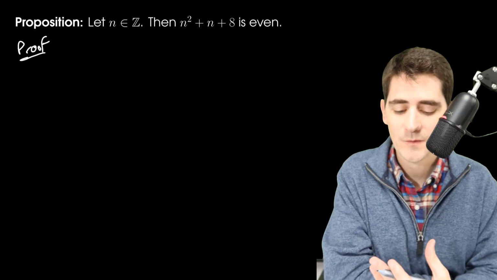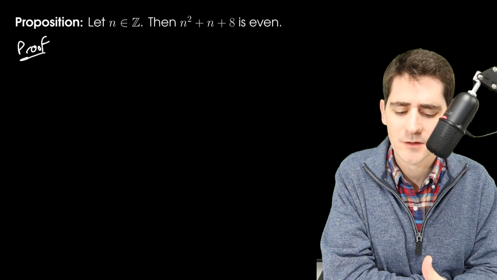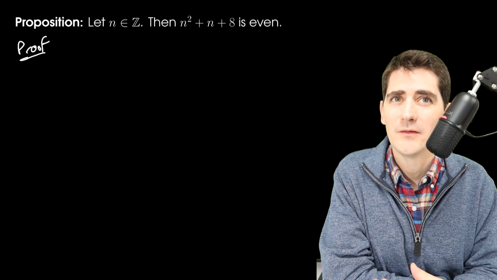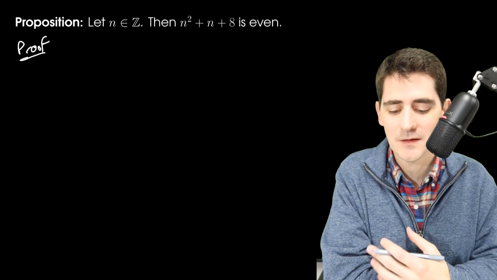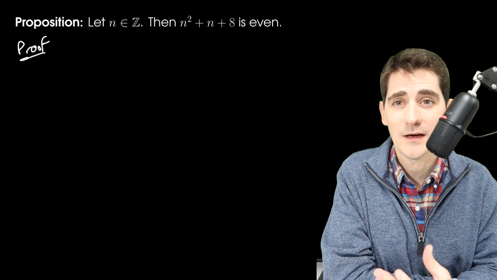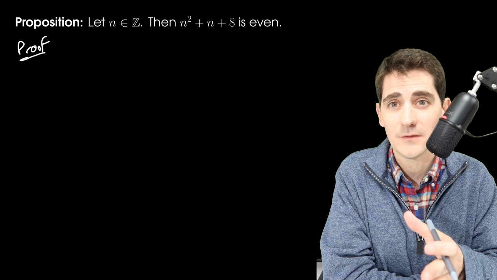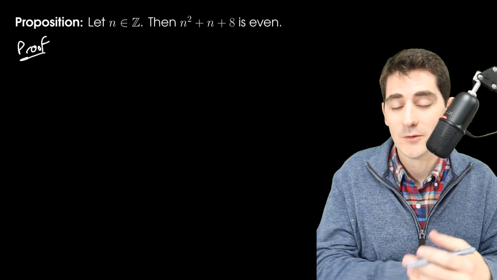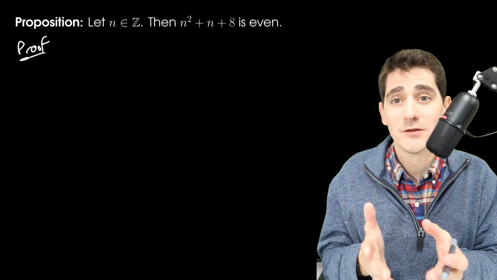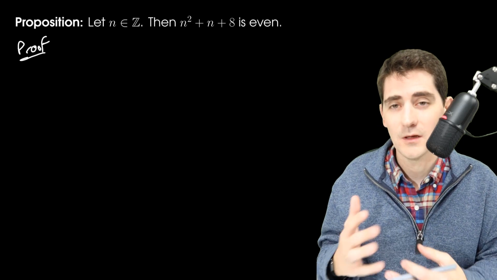Okay, now when I'm trying to prove this here, it just says let n be an integer, and I don't have a definition to really rely on that gets me to the next step. Like if it said n was even, I would know exactly what to do, because I could just plug in the definition of even, like in the previous example. Same if n was odd, I would know exactly what to do, but it just says integer. So there's not a whole lot of guidance there.